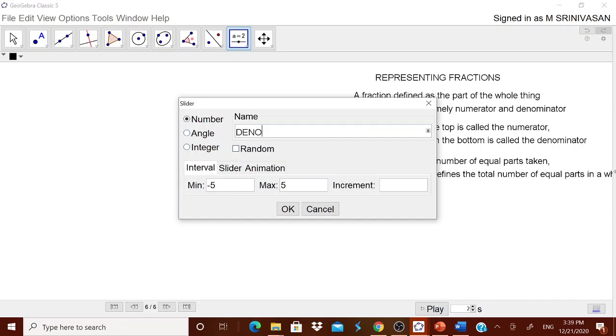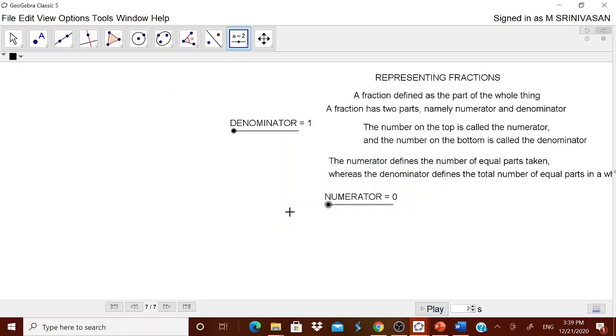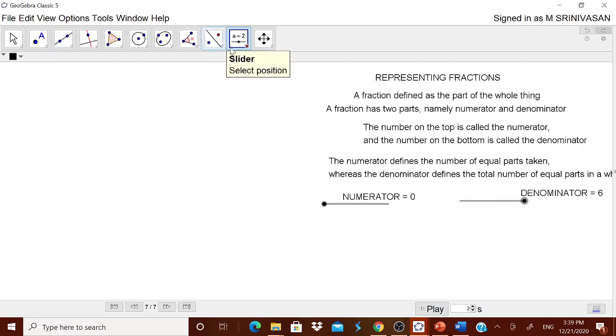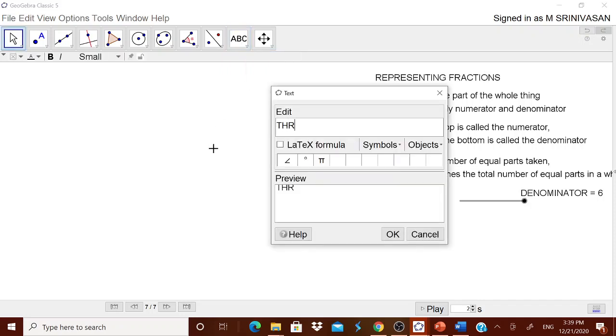You can take intervals 1, because the denominator cannot be 0, but this also will go from 1 to 6 and increment as 1. Is it okay? Therefore, you have the numerator over here and you have the denominator here. Now we will just fix it at 6. Okay, well, now first of all you can tell the children that the fraction is